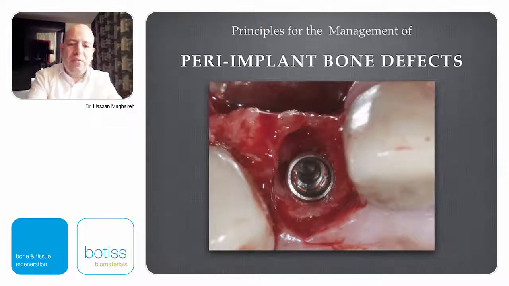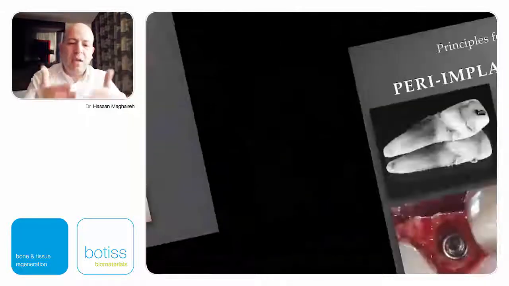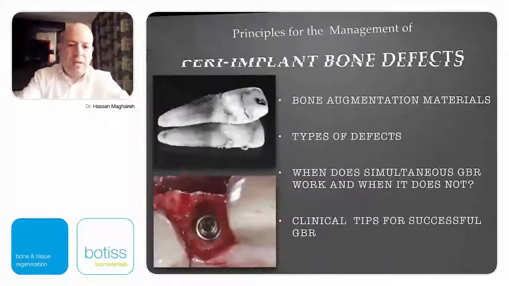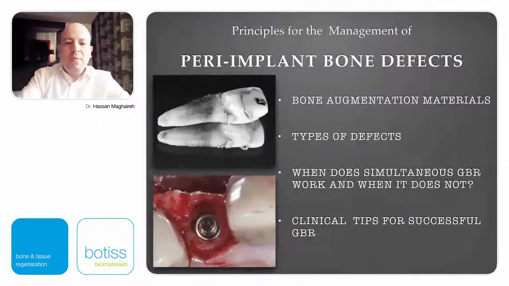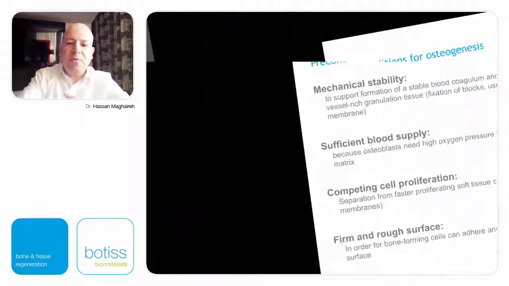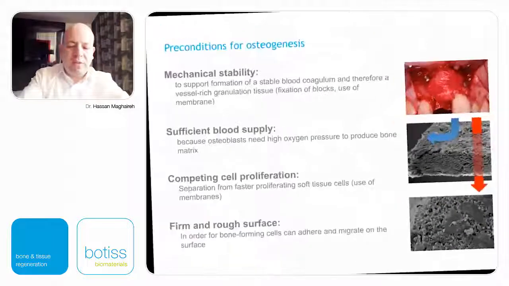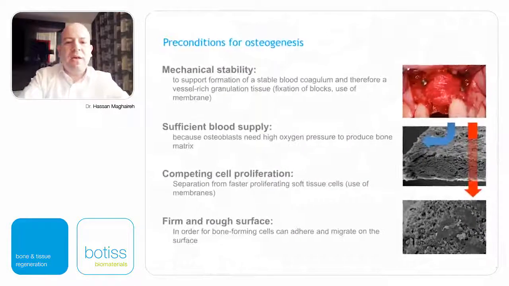This is a different story. You need to be using block grafting. For GBR, it has to have a 3-wall defect or a 2-wall defect. Otherwise, it's not going to work. So in the next 10-15 minutes, we're going to try to focus on different types of bone materials. We're going to talk about the different defects, and we're going to talk about the right sequence and the right